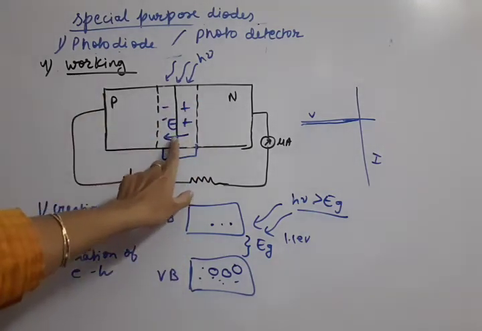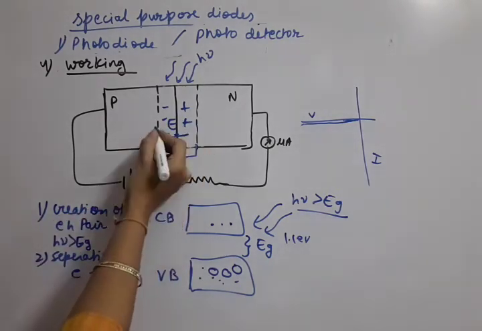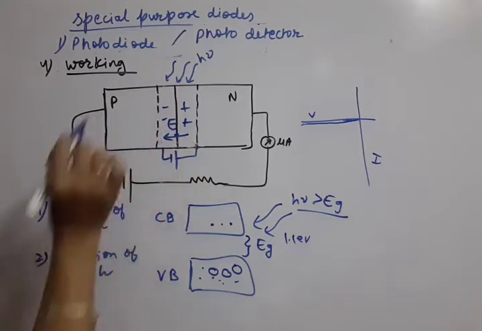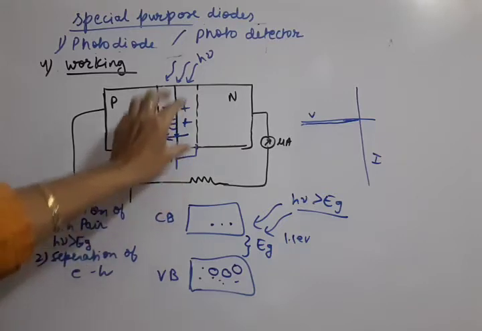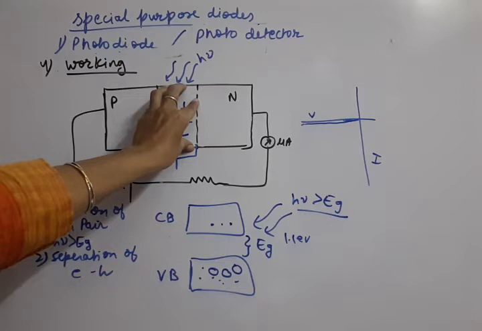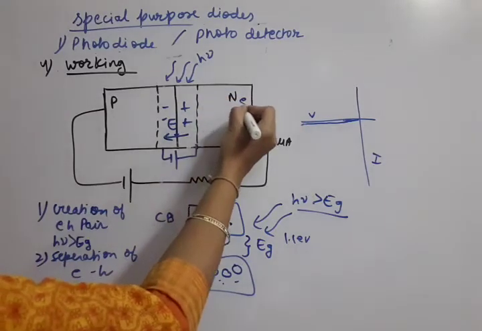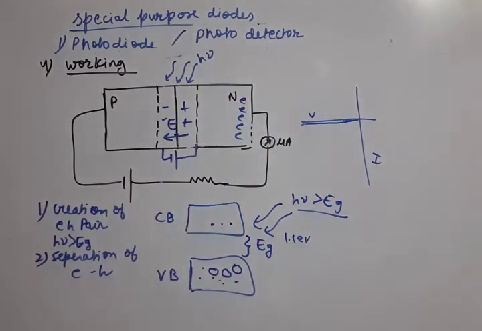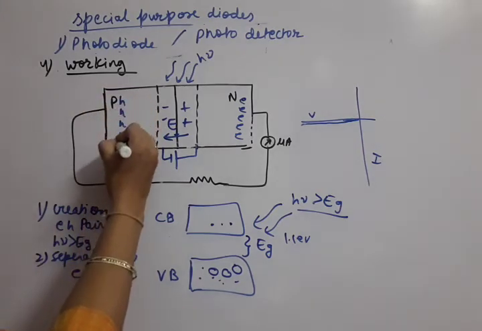How do we find the electric field? By keeping a plus charge. If we keep a plus between these two plates, this plus will get repelled from the plus and attracted to the negatively charged side. So the electric field direction is in this direction, and here so many electron hole pairs have been generated. Electrons are negatively charged, so they will move opposite to the electric field direction. So electrons will get collected here. And holes, being positively charged, will move in the direction of the electric field, so holes will get accumulated here.